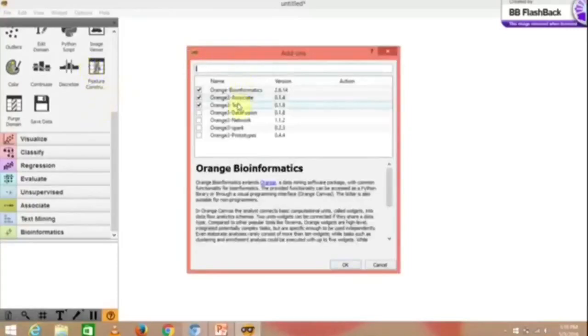These are the list of add-ons which are available in Orange. If you want, we can install them.